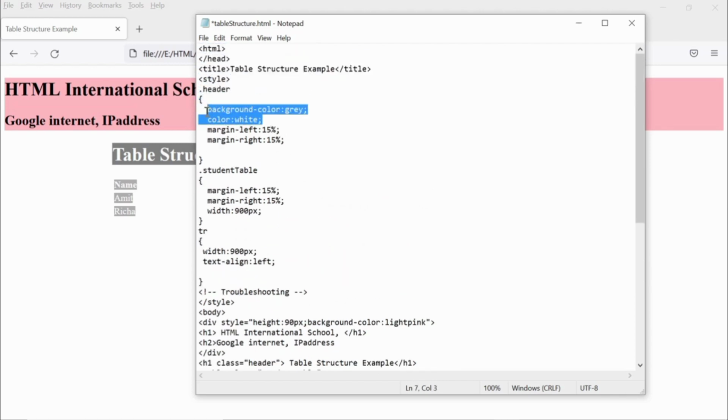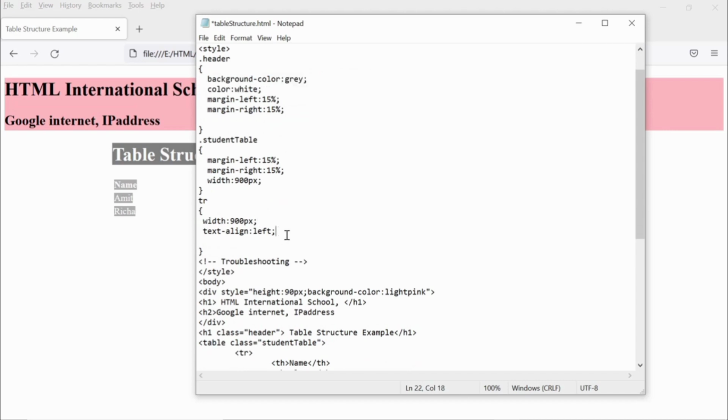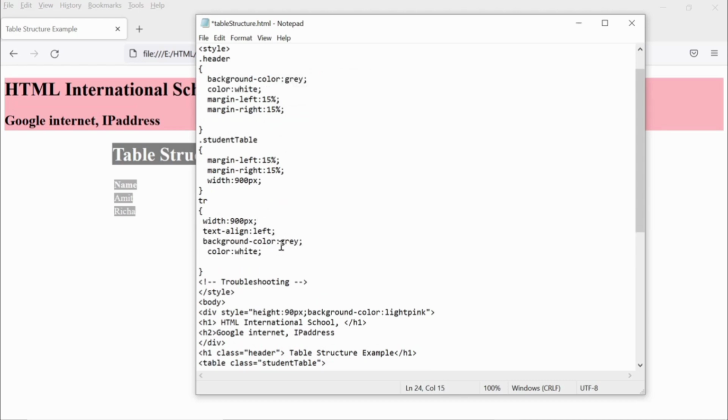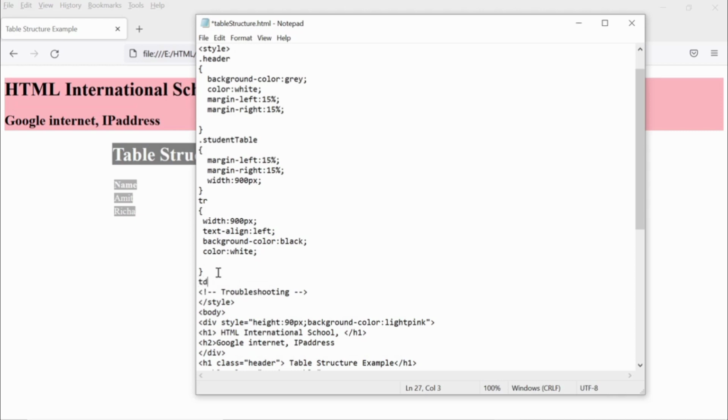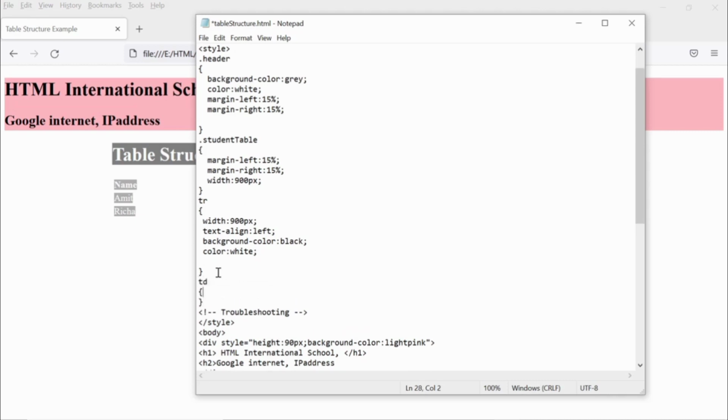So let's copy the background color and the color element of CSS into the TR and put the background color to black for every row, and the color should be white, so the white text is easily visible on the black background.